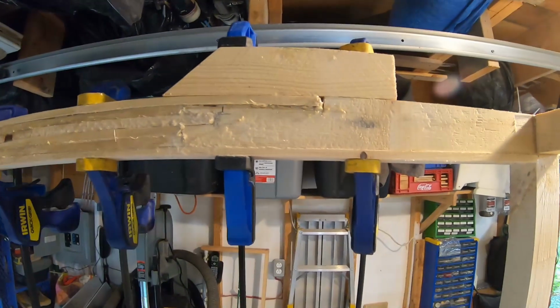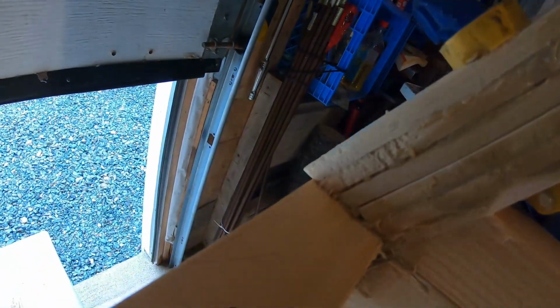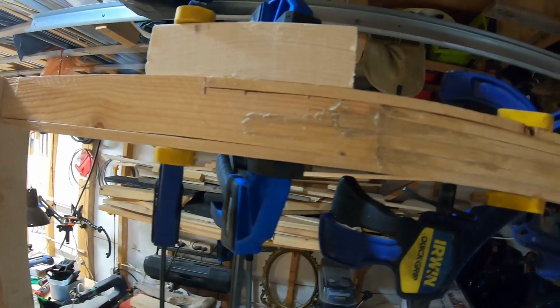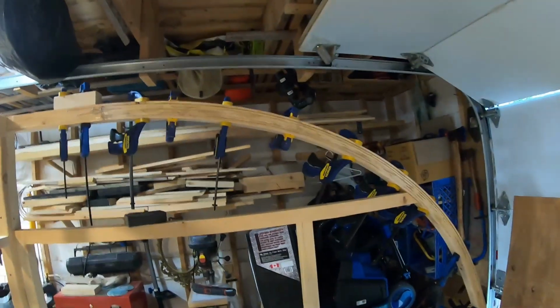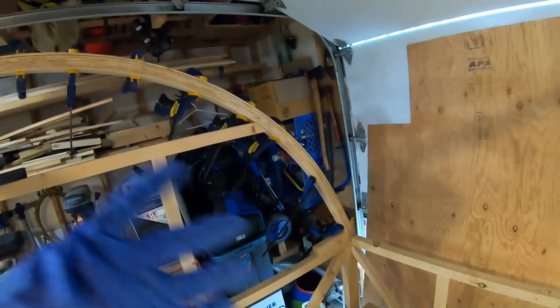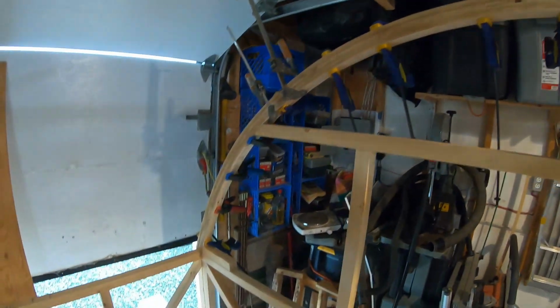Okay, so we've got the last row put on that side. I'm going to have to trim it down there, but that's okay. Now the other side has an overlap as well, and I'm going to have to trim it down there too. I promise the next time you see these curves, they'll be cleaned up with no clamps, and they'll probably look a lot better. Okay, so now let's do